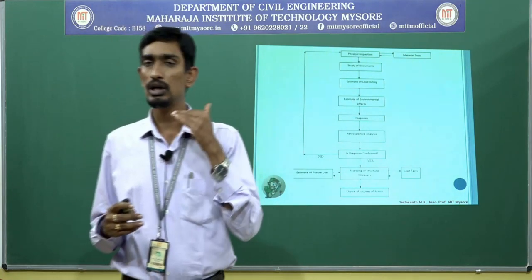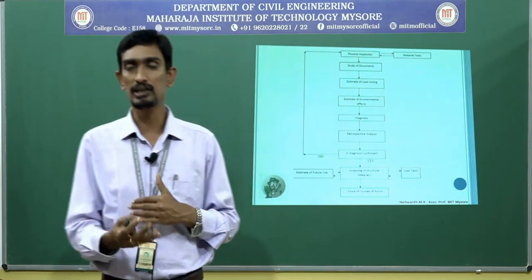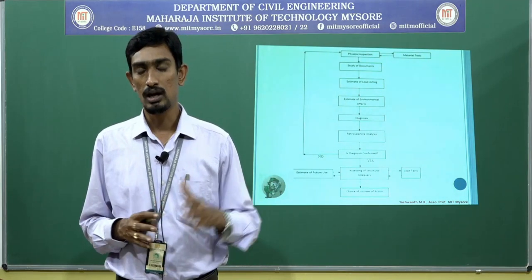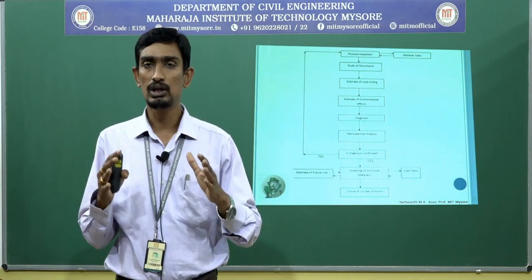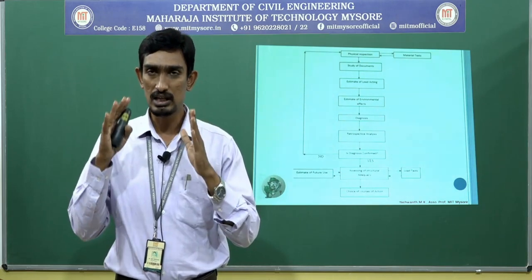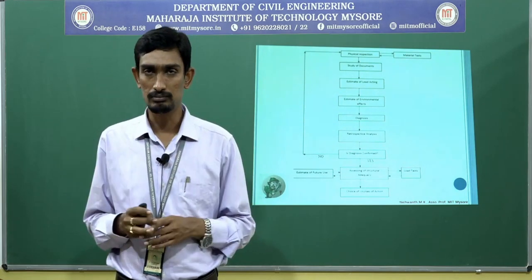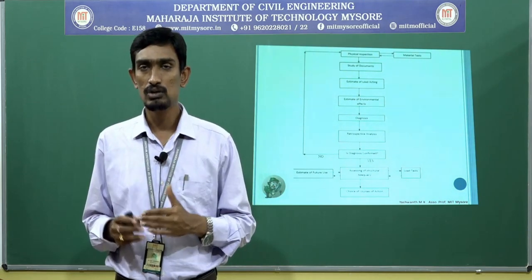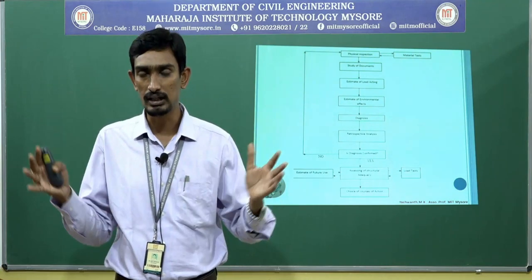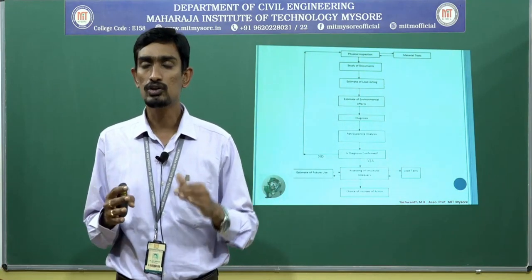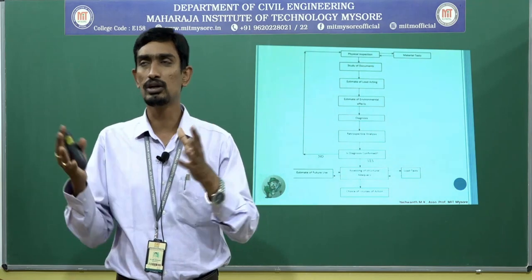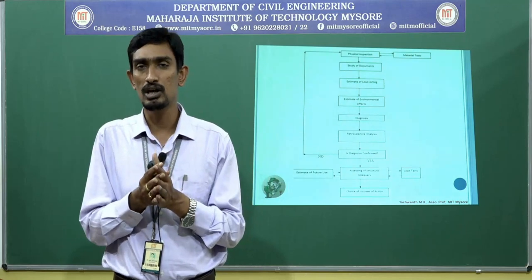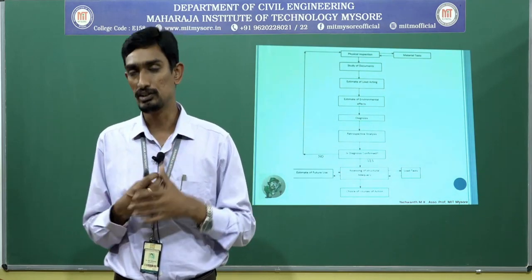Once you are going to visit for the damage assessment, the very first thing is visual observation. In the visual observation, you need to visually or physically observe the entire building. You need to collect a lot of information from the client. You need to collect the floor plan, the design details, everything. And also you need to do the retrospective analysis. That means you need to collect the past history of a building. So after collecting that information, you need to study the documents.